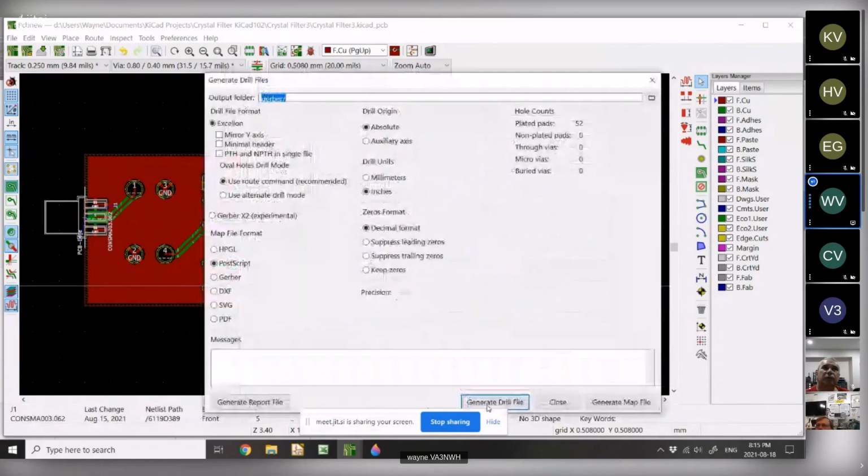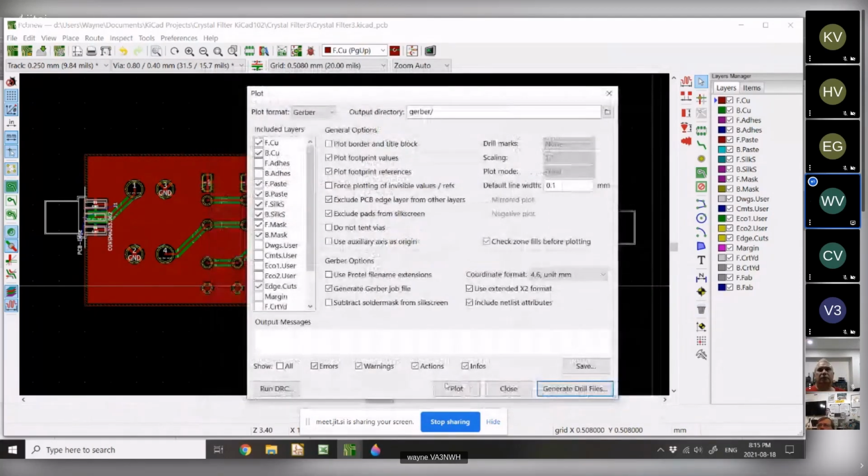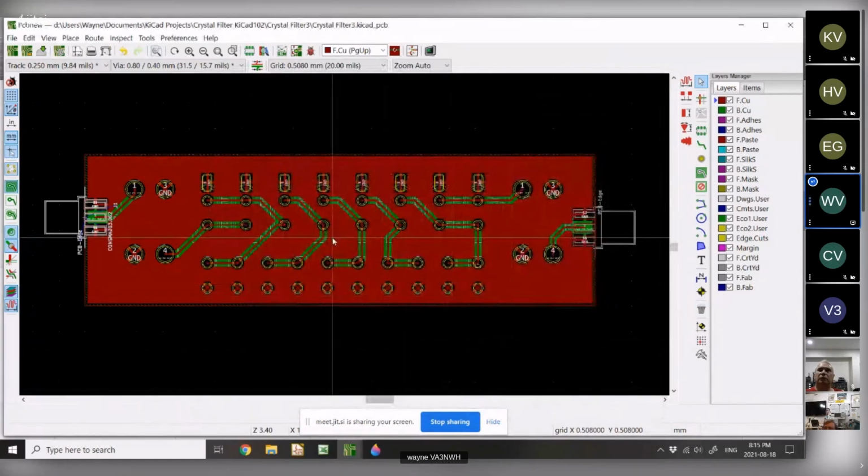I also want to generate the drill hole files. So basically, these are actually the holes in it. If you have holes, maybe if you're doing an SMA board, you don't have any. At this time, I might point out that I could have put 4 holes in this thing, and in one of my designs, I just sort of took them out. I got tired of putting them on and trying to line them up. You can have holes in the board, and the holes don't necessarily appear in the schematic. They can, because you can make them ground points, but you can add them on here because they'll be fine. And what you use is